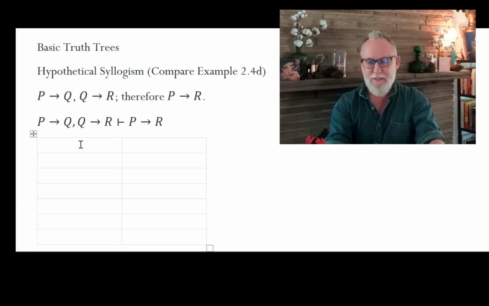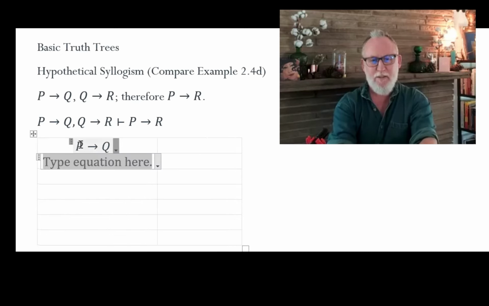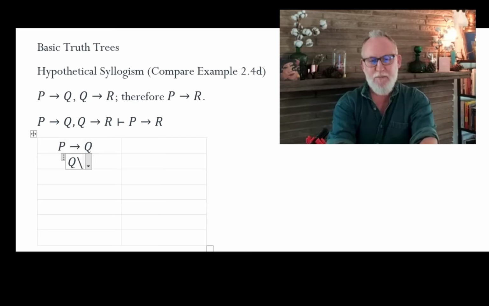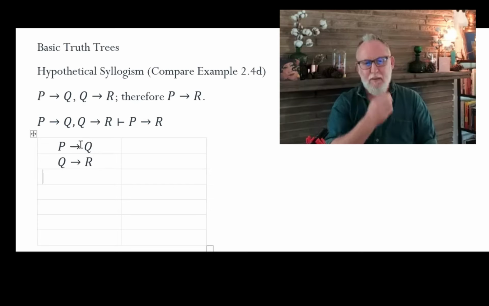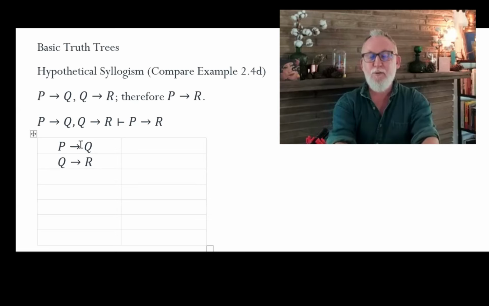And so I'm going to use a table here. That's just the way I do it. You can do it however you want. Just make sure that you're being consistent with what Jeffrey wants you to be doing. All right, so now we have P only if Q, Q only if R, and then for the conclusion now,